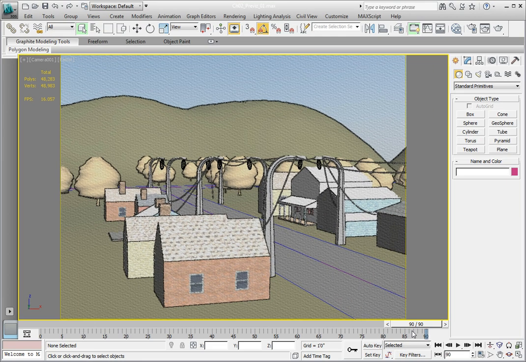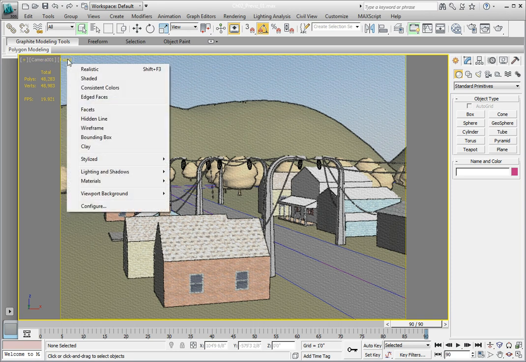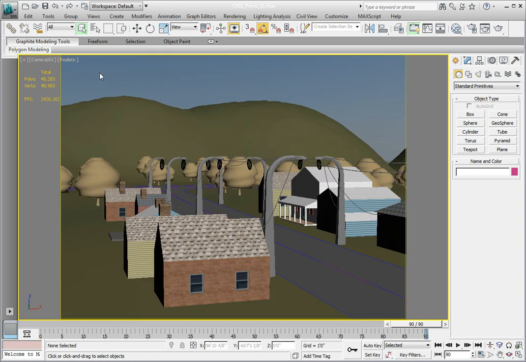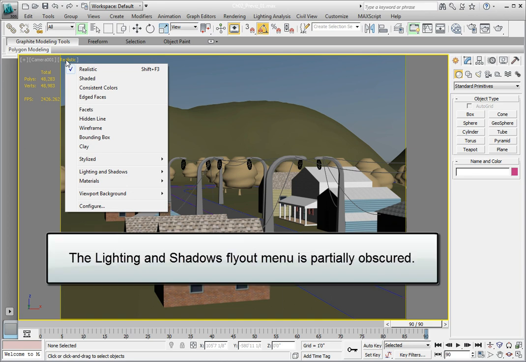There may be other times where you want to view your model in a more realistic fashion. Click on the Viewport Shading menu. Choose the Realistic Rendering method. You'll notice that the viewport is now shaded more accurately. However, we want to adjust the lighting and shadows and some ambient occlusion to add to the look of the viewport. Again, click on the Viewport Shading menu, then click on the Lighting and Shadows option, and from the Lighting